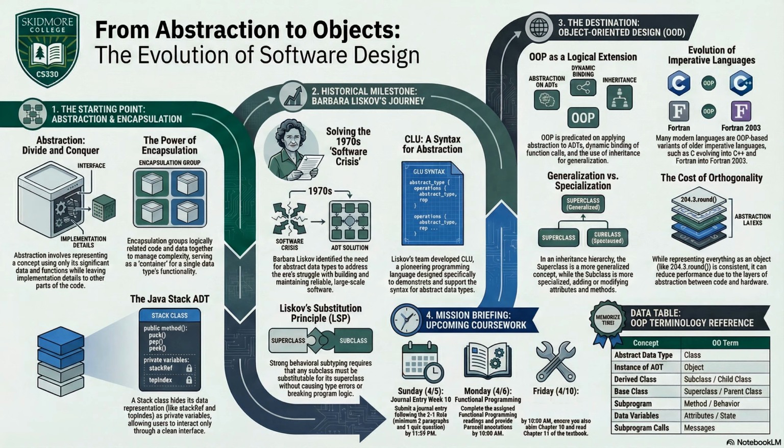How so? If we have these incredibly complex, dynamically routed family trees, how do we keep developers from making a complete mess of them? Because it seems like you could inherit things that don't make sense just to steal some useful methods. This brings us back to Barbara Liskov, specifically the Liskov substitution principle, or LSP. Okay. It states that any subclass must be able to be substituted for any ancestor class without breaking the program or causing unexpected behavior. The notes refer to this as strong behavioral subtyping.